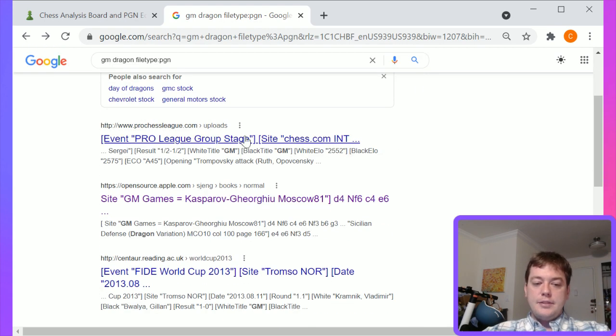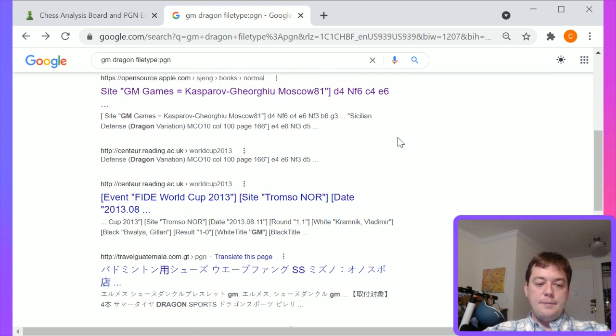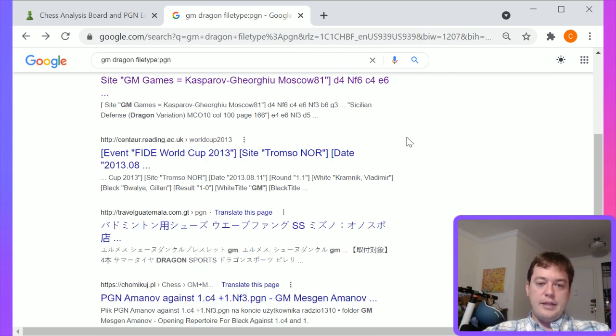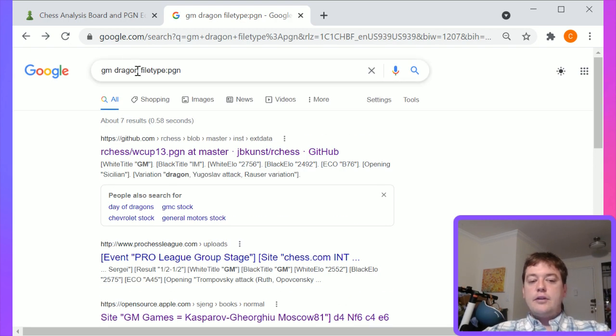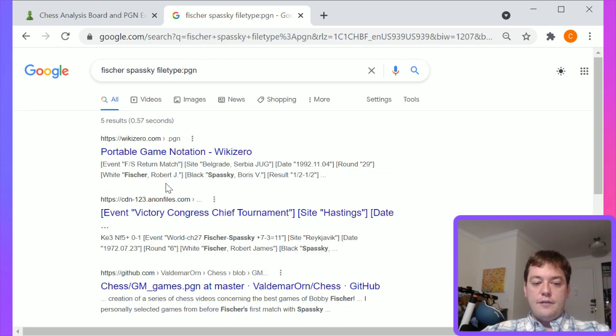Many are on GitHub. Some are on Pro Chess League. Basically all of these are games that were played in major tournaments and people have compiled them. But yeah, if you're ever interested, you can look things up in this way. So you can say like Fischer Spassky filetype:pgn, and you will find it, and you'll be able to import that PGN file from Google. You will have basically found this game on Google, and you can use that game and